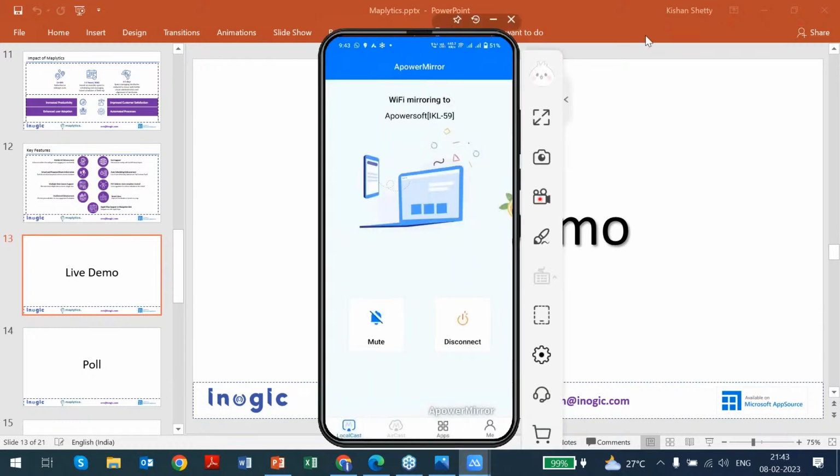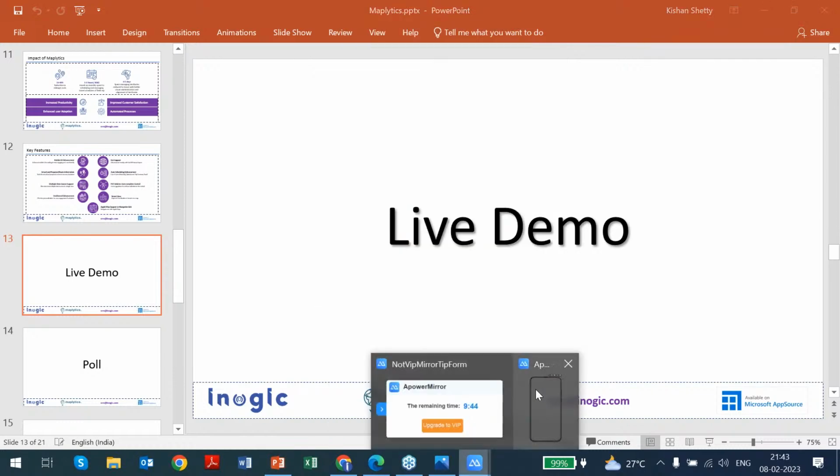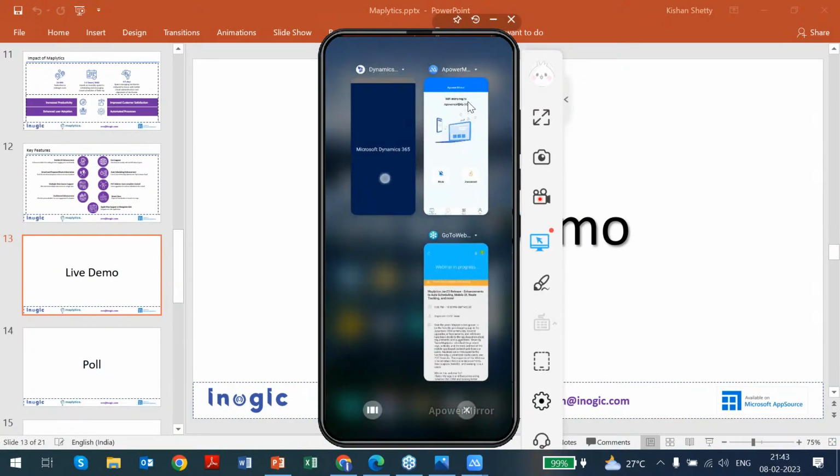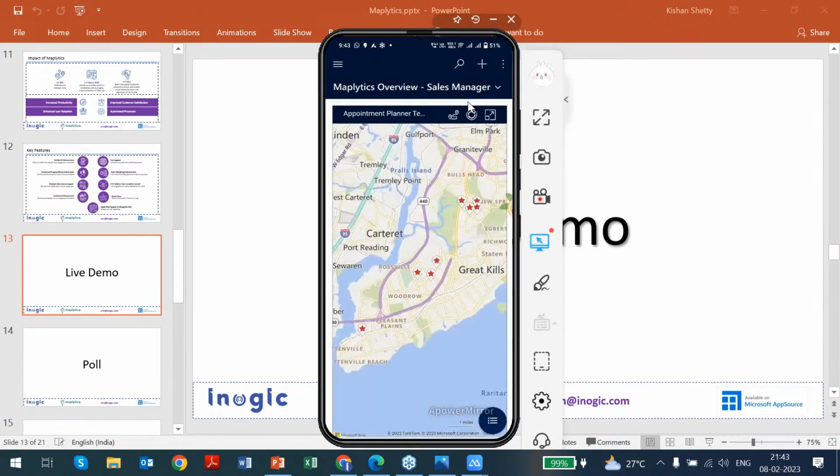I hope you're able to see my screen over here. So let me just switch to the Dynamics CRM. I'll start with the overview of the Maplytics app